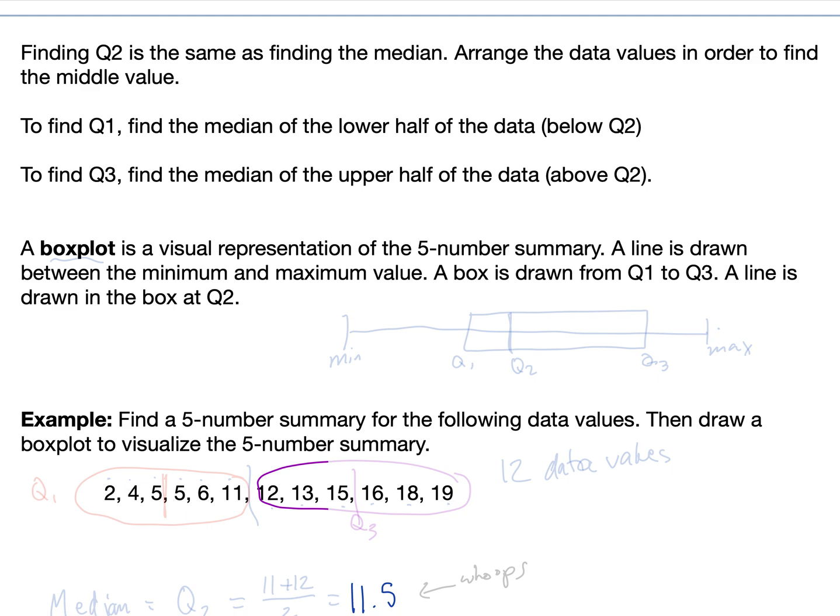And then to find Q1 and Q3, we can essentially just find the median again for the lower half of the data and the upper half of the data. So to find Q1, the first quartile or the 25th percentile, we find the median of the lower half of the data below Q2. And to find Q3, we find the median of the upper half of the data above Q2. We'll do some examples with this, but first I just want to say that a box plot is